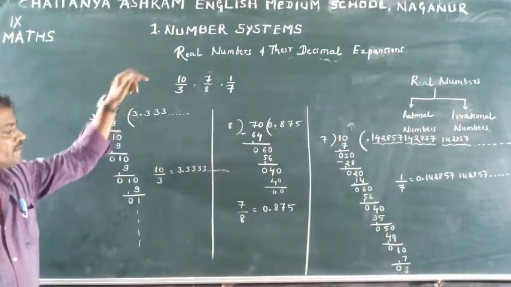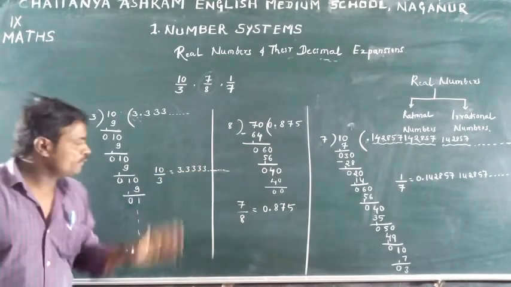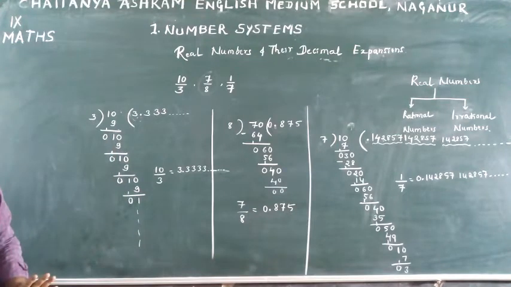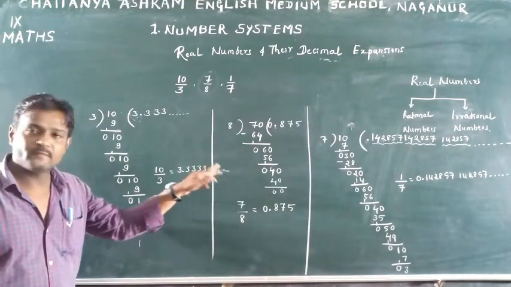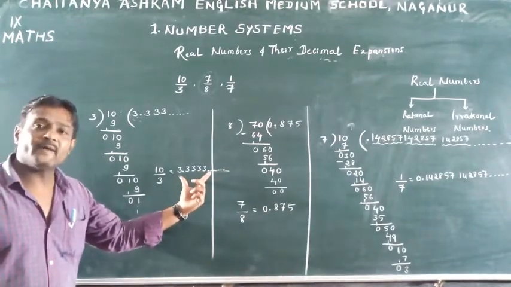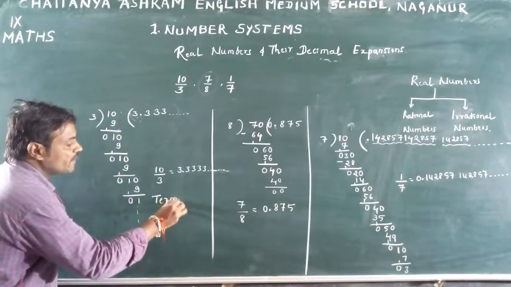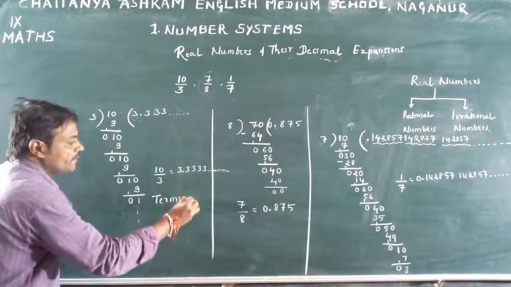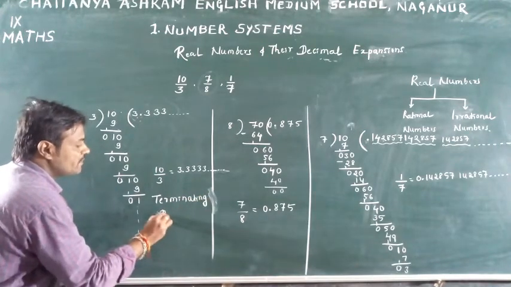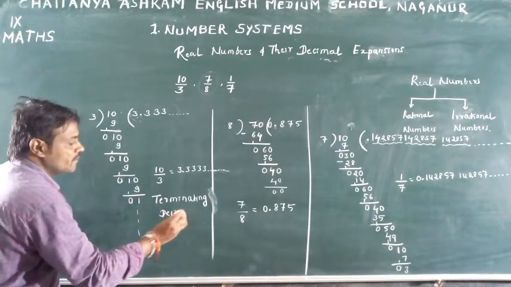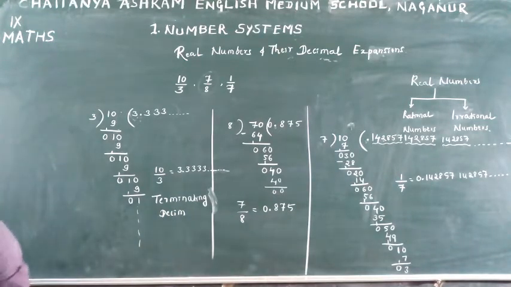10 divided by 3, its decimal expansion is 3.33333. Division process is not completed. Yes, and the digit 3 starts repeating. Such kind of decimal expansion is called terminating decimal expansion. Sorry, not terminating. Just a minute, dear children. This is called,